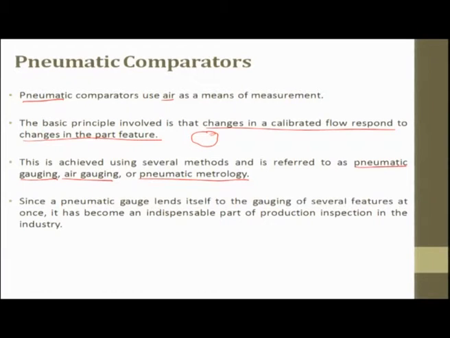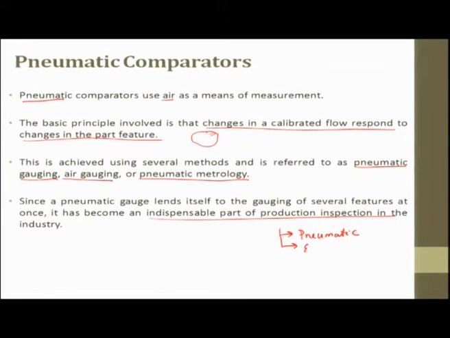Since the pneumatic gauge lends itself to the gauging of several features at once, it has become an indispensable part of production inspection in the industries. This is what I was trying to tell. More than mechanical, in pneumatic you do not have moving parts. The moment the number of parts is reduced, the repeatability and reliability of the equipment goes very high. That is why today people always move to pneumatic,